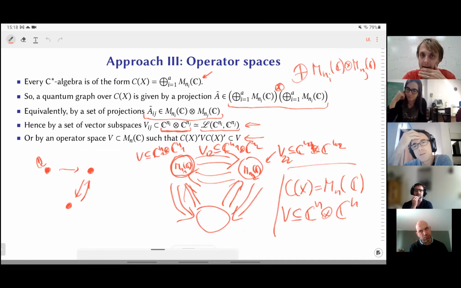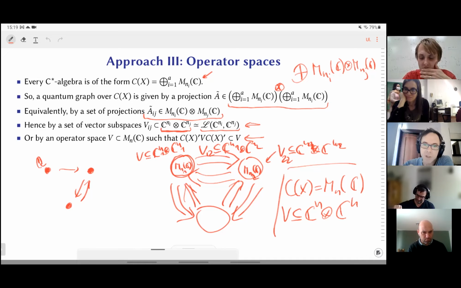No, I don't mean that. I mean that it's co-associative, but the co-unit is not. It's a quasi. I think the name is weak, but in any case, you can see this as a Hopf algebra in the category of bimodules over the algebra of functions on the vertices, if you want.